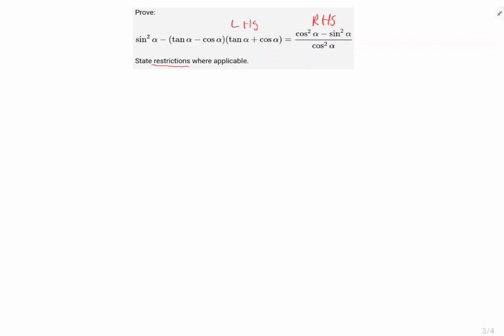So when you have to prove, you have to choose. Do you want to work with the left hand side or the right hand side? The best way to choose is to choose the one where you see you have more to work with. In this situation, the right hand side kind of looks simplified. It's just one fraction. Whereas with the left hand side, there is more. We can expand, we can change, we can manipulate. So there is more to work with on the left hand side, and so we are going to choose the left hand side. We want to start by saying LHS is, rewrite that: